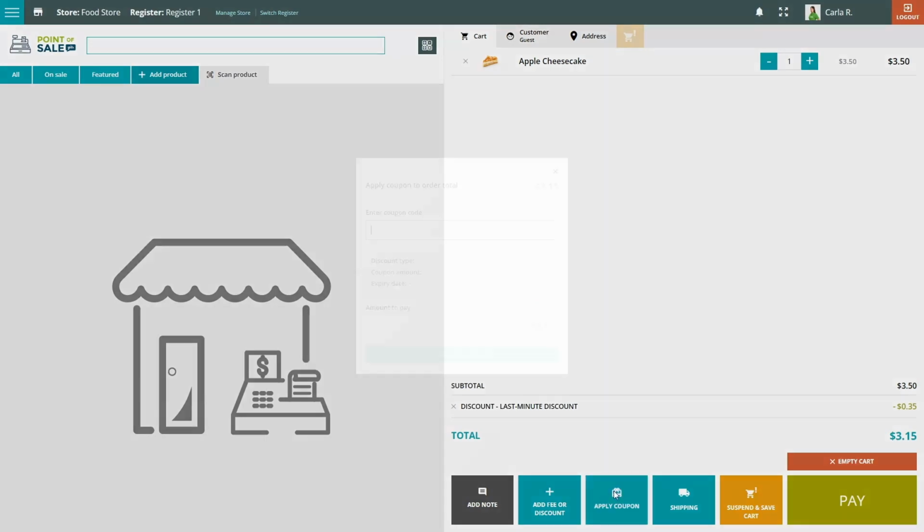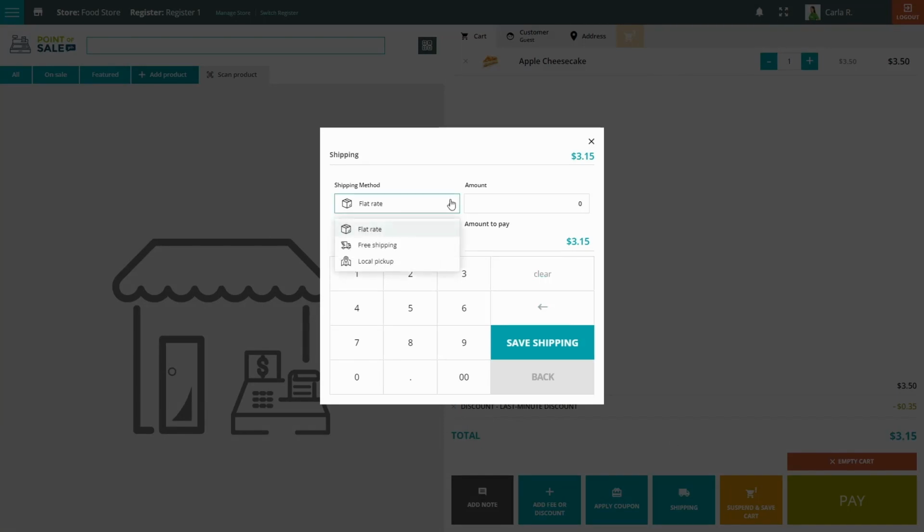You can also apply a coupon, and you can add a shipping method. You have flat rate, free shipping or local pickup here, and a cost. If you happen to add shipping to the order, then the order is going to be marked as processing. If you do not add shipping to the order, it is going to be marked as completed once it is